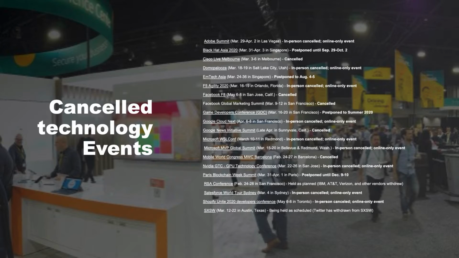Whilst RSA Conference actually went ahead, I think it was right on the cusp. A lot of these other events have been cancelled, and these events are very important in terms of how we understand new technology, how we get demonstrations of technology, how we find new technology, new vendors, etc. And even this is now changing perhaps how we think about what we need to do in this particular sector.